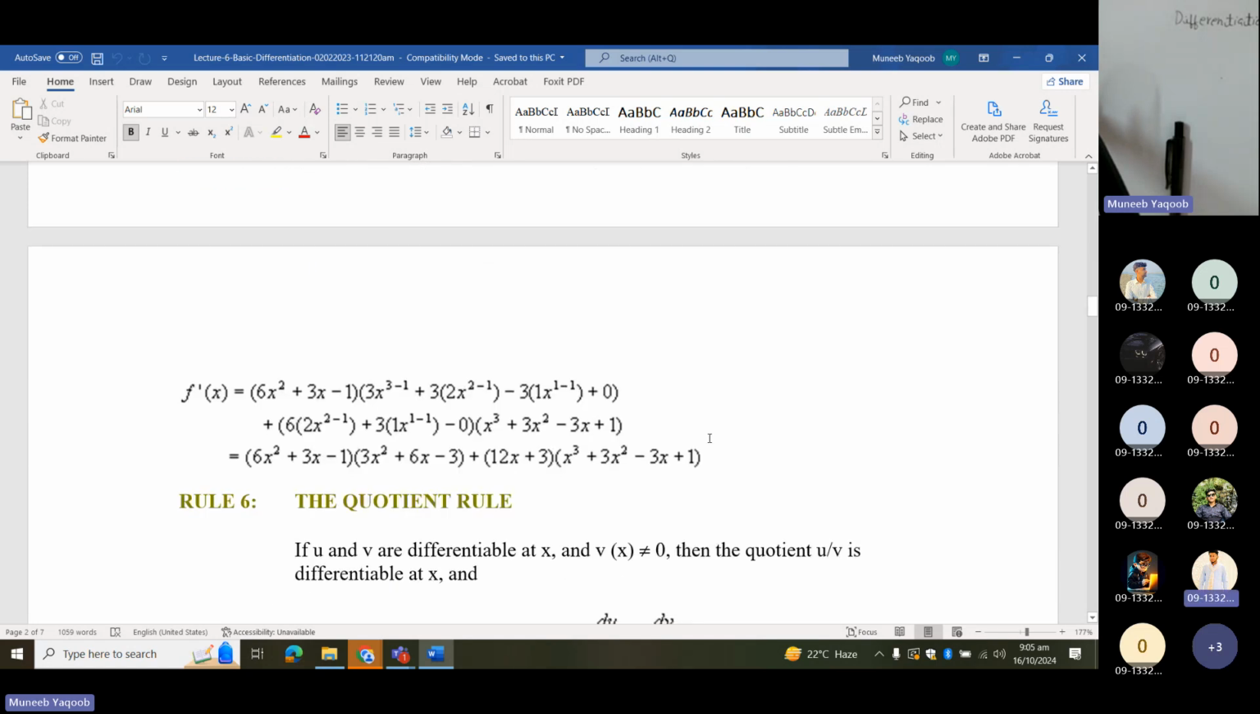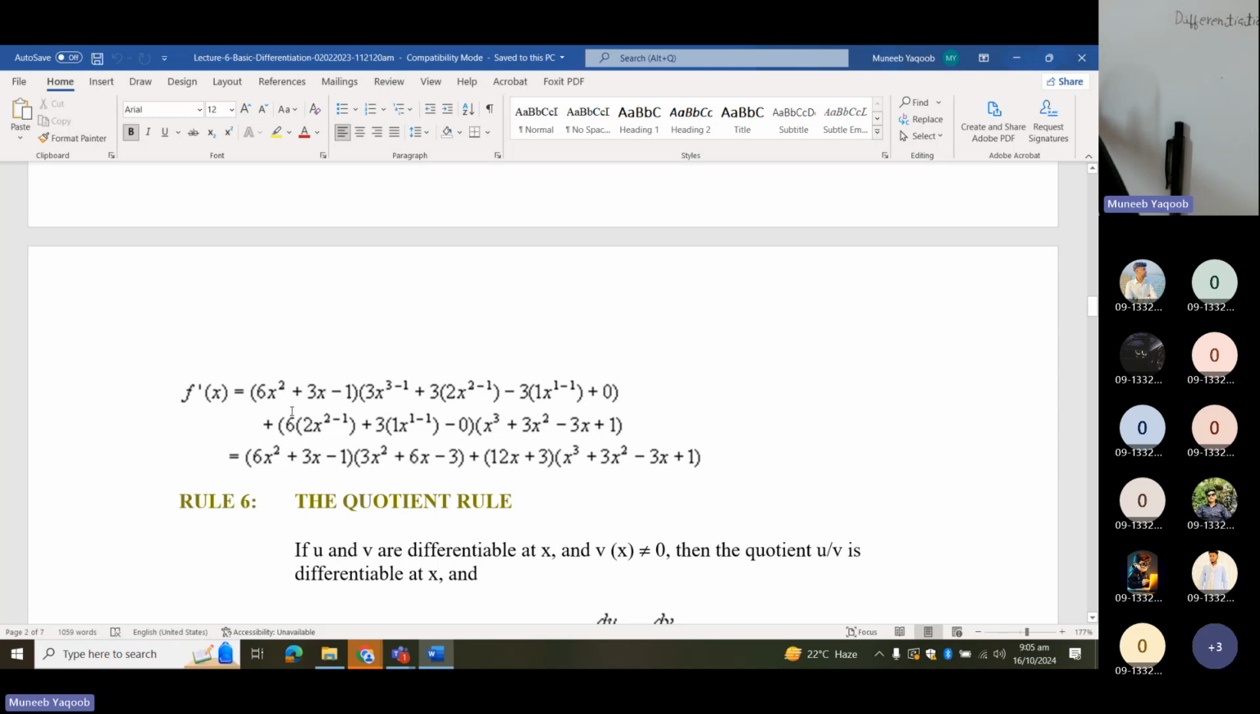So the derivative of x cube is 3 times x power 3 minus 1. Similarly, the derivative of plus 3x squared is 3 times, we will take 3 common, and 2 times x power 2 minus 1. Similarly, the derivative of minus 3x is minus 3 times x power 1 minus 1, and the derivative of 1 is 0. So this will be the first term, and then we will write plus of the formula,